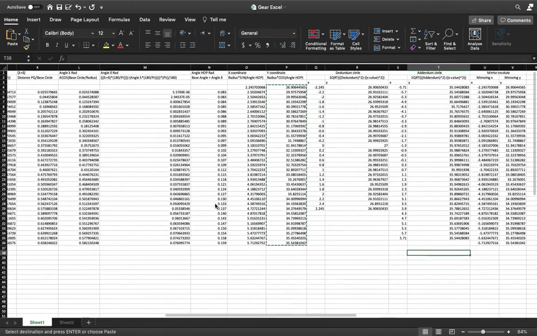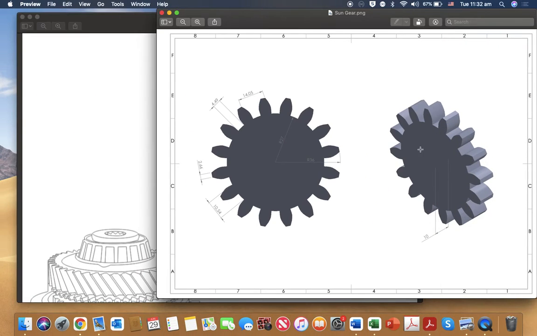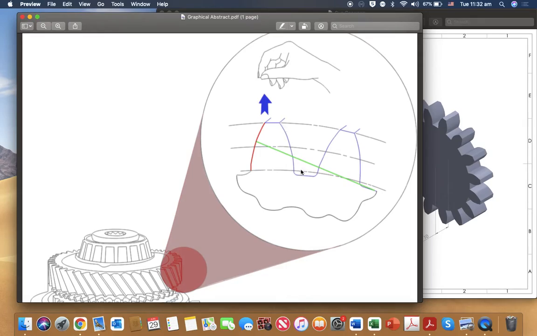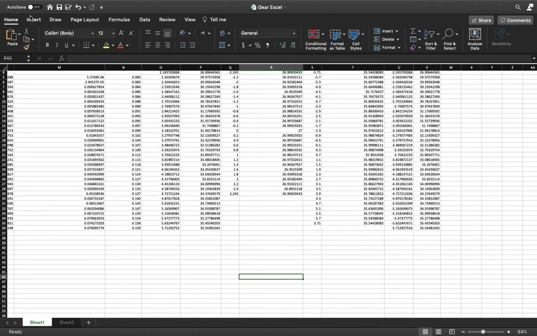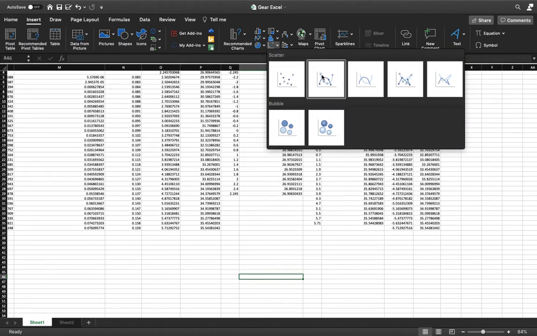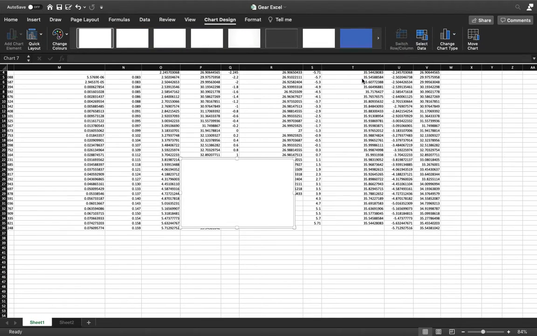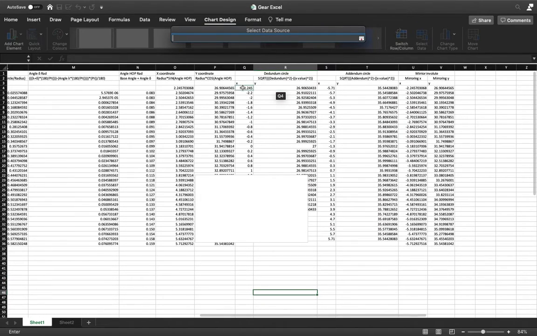Now I'm gonna draw again the involute, this shape. Did we get it correctly or not? The between the teeth. Where was it? Sorry guys. Let's go. We're gonna choose scatter plot. I'm gonna choose the points at first, but should I not? Interesting. Select that. I'm gonna enter. The name is Dedendum. The X values are right here. Oh my god, this is